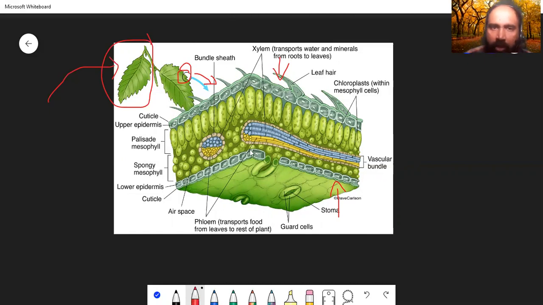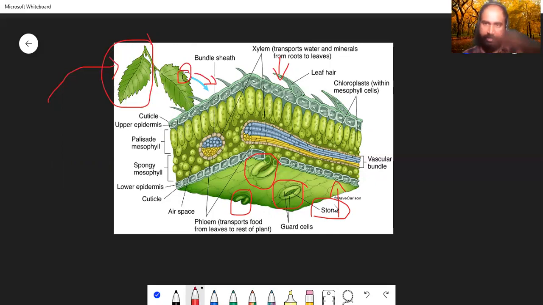Now, a lot of cells are there in the leaf. You can see different types of cells are present. Here, can you see in the lower surface of the leaf, there is an opening? These openings are nothing but stomata. Singular is stoma, plural is stomata. So stoma and stomata are both the same.